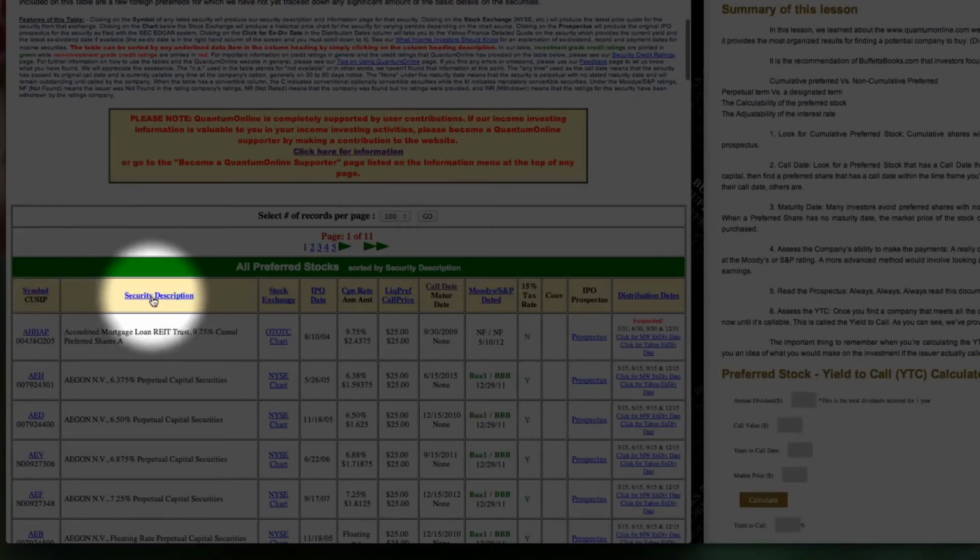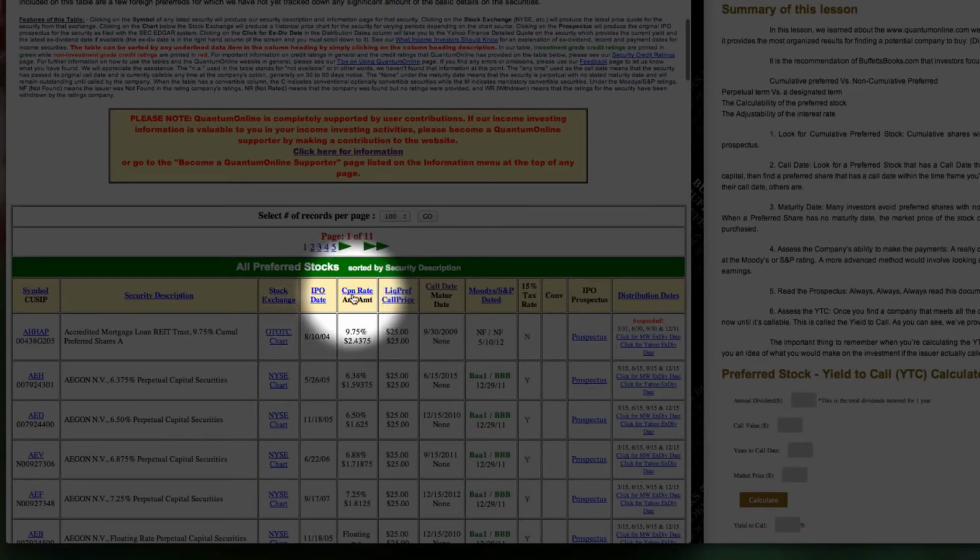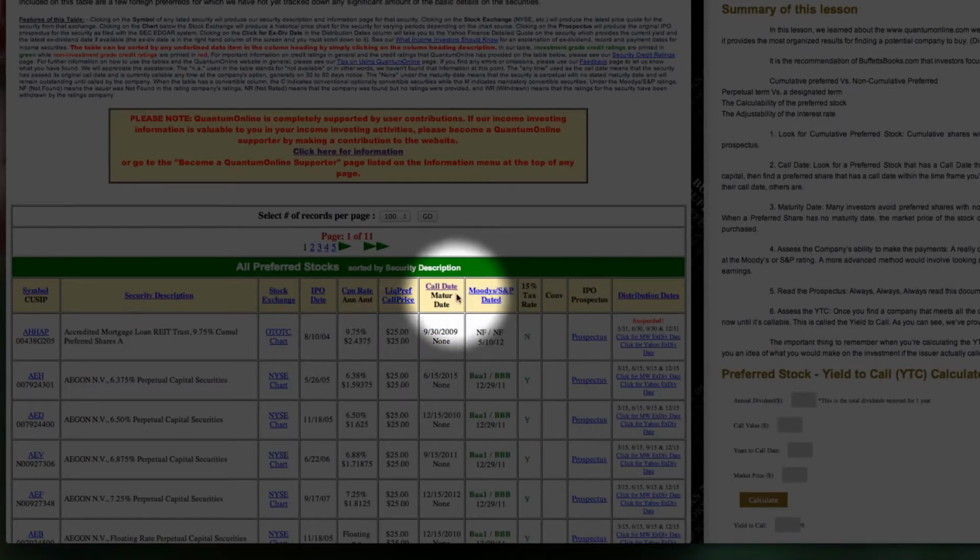So we'll just start from left to right, and as you can see at the very top you have the symbols, the description of the security itself, which stock exchange that security is on, the date that the security was introduced, which is the IPO date, the coupon rate and the annual amount that you'd be paid for a dividend. It says the coupon rate there. You can say the dividend rate, the call price that the preferred stock would be called at, the date for the call, and also the maturity date,